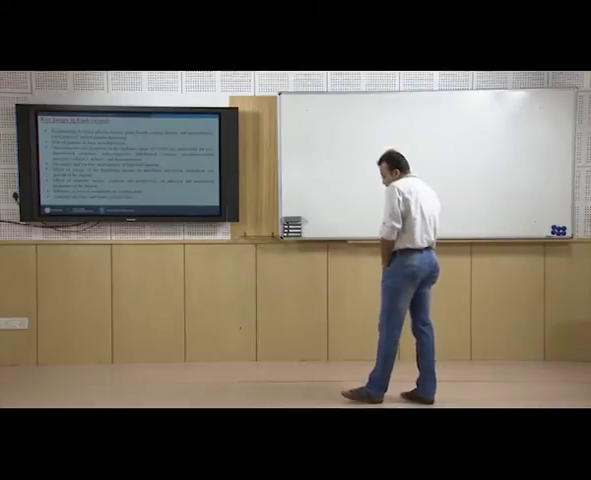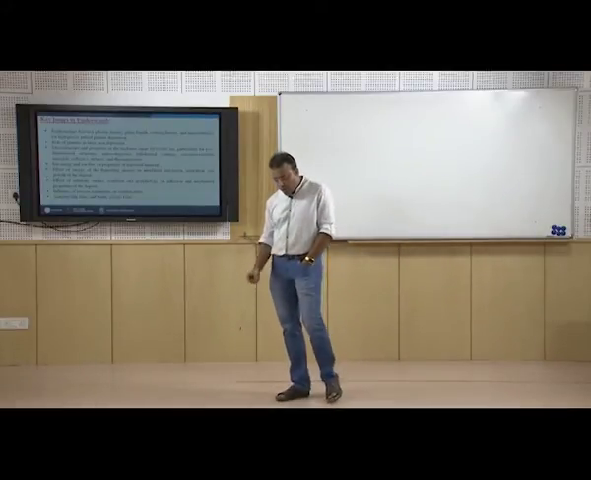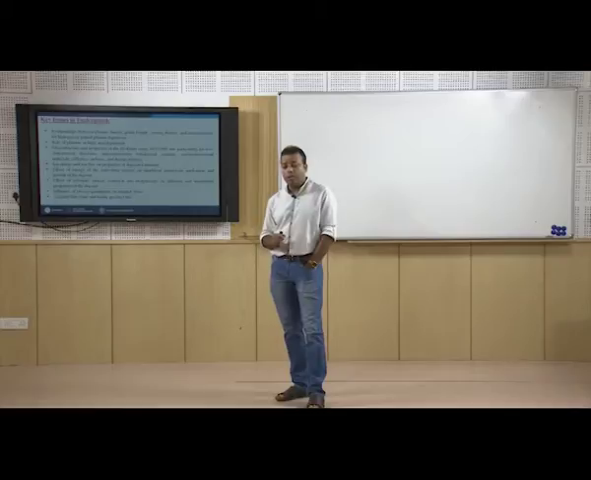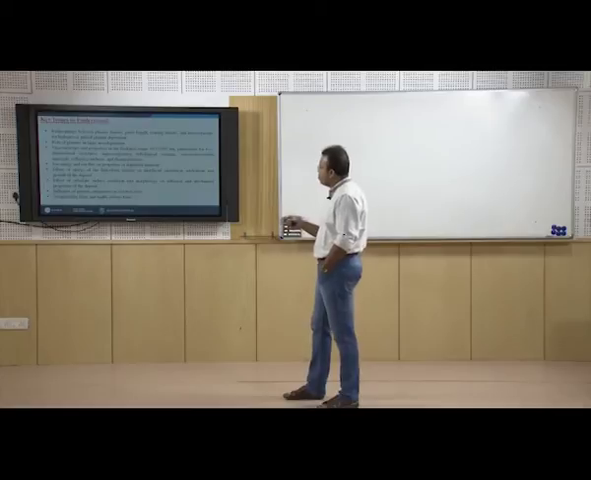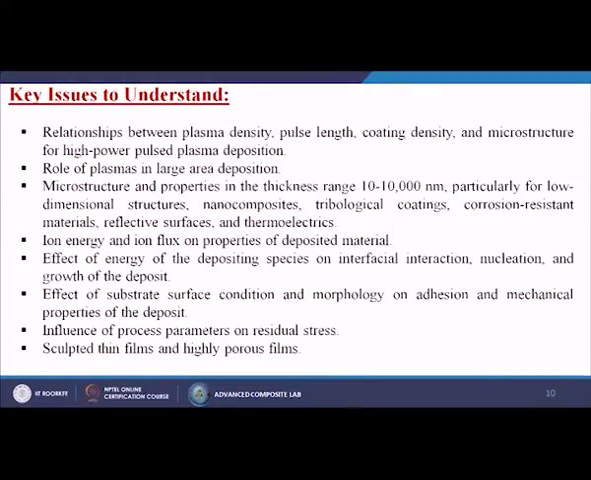Key issues. There are certain issues also. Before doing the depositions, we have to know all these pros and cons about the deposition techniques. So, what are those? Relationships between plasma density, pulse length, coating density and microstructure for high power pulsed plasma depositions, role of plasmas in large area depositions, microstructure properties in the thickness range of 10 to 10,000 nanometers, particularly for low dimensional structures, nanocomposites, tribological coatings, corrosion resistant materials, reflective surfaces and thermoelectrics, and the effect of ion energy and ion flux on